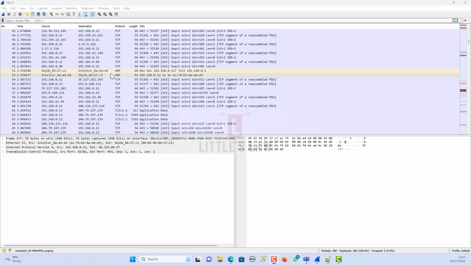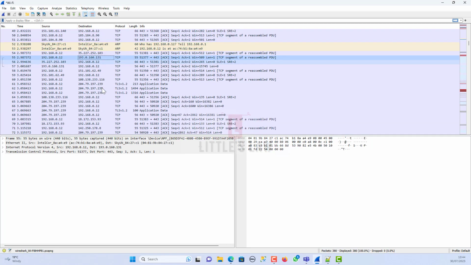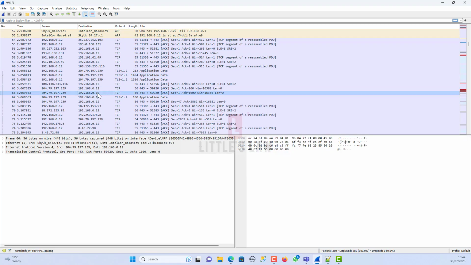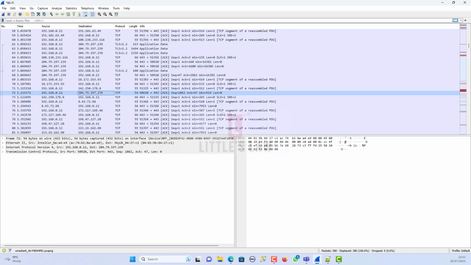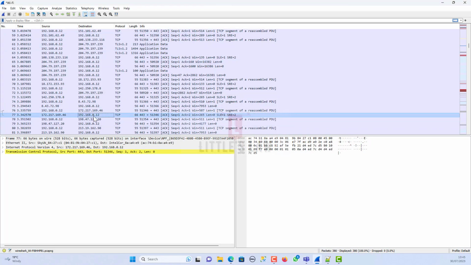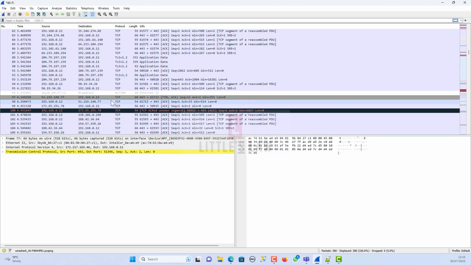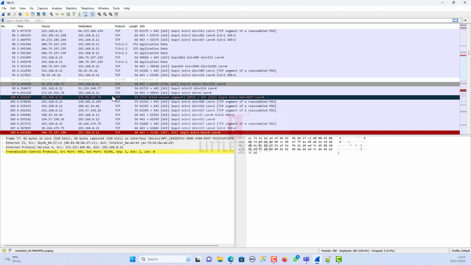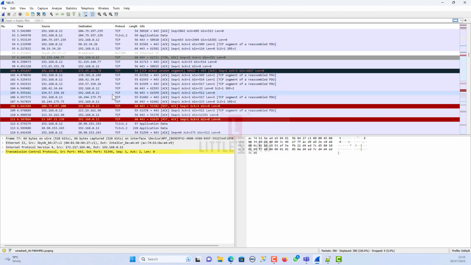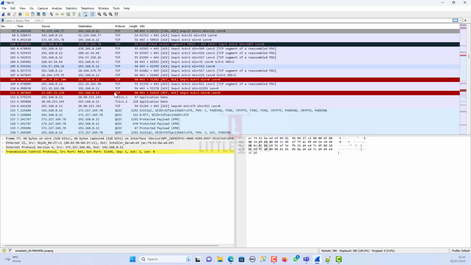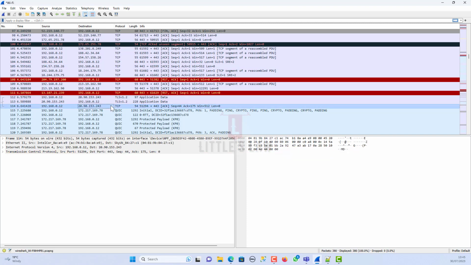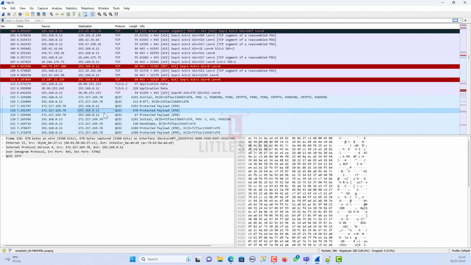These packets travel through a vast web of cables to reach their destination. But here's the thing. These packets are like secret messages in a code that only computers understand. So Wireshark is like a super smart decoder that intercepts and translates these packets into a language we can understand. It is like revealing the hidden messages behind the scenes.